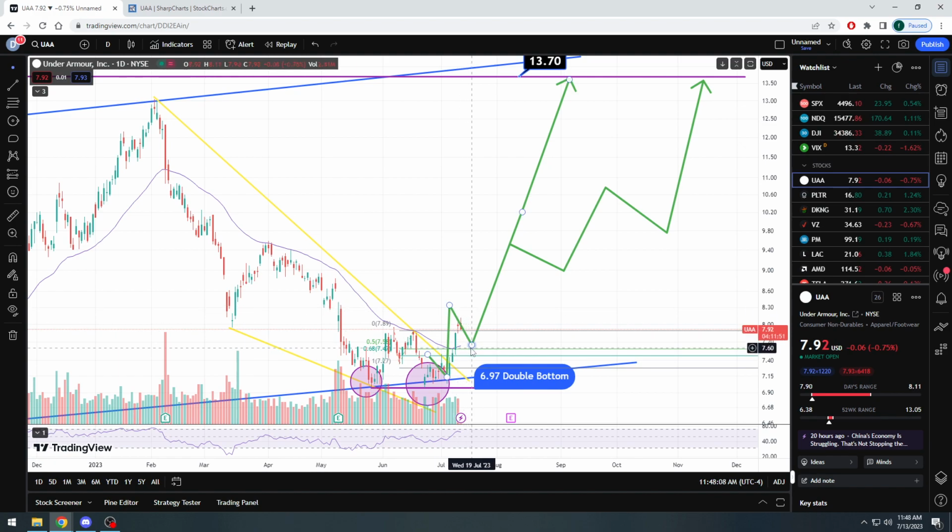So it could potentially pull back here. This is why I drew out my path like this, right? Because it's probably going to pop out and then potentially try to retest one of these fibs before it goes higher. Of course it could continue to climb because in my opinion it's still undervalued and it should still be on its way up going into these earnings and, of course, long term to fill that gap up there at 13.70. But more importantly, even if it does pull back here to 7.58,